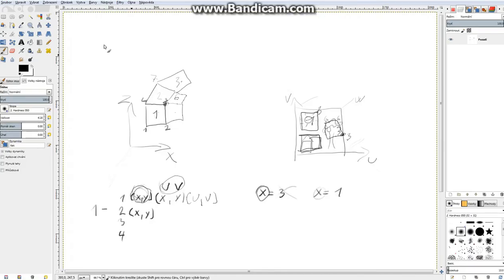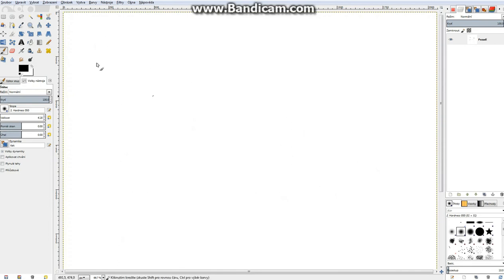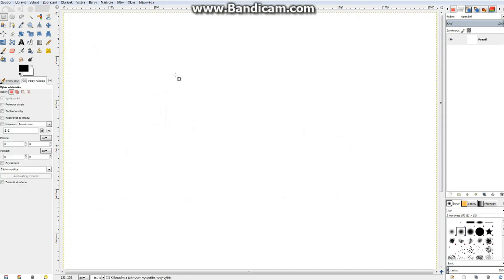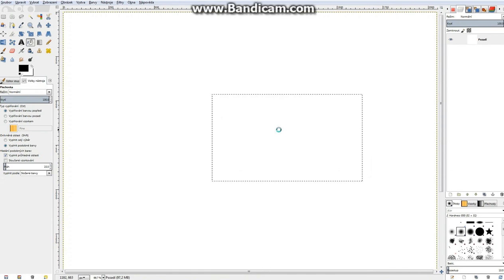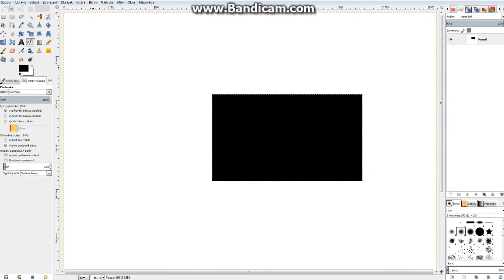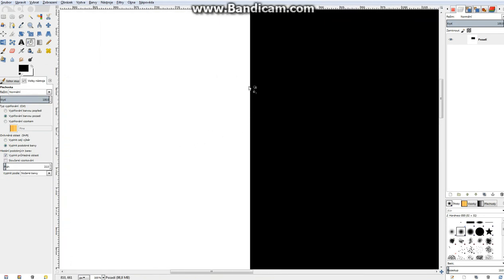And when I get back to the game and, for example, make a black rectangle here, and it will be my texture, and in this part will be my seam between the two islands,